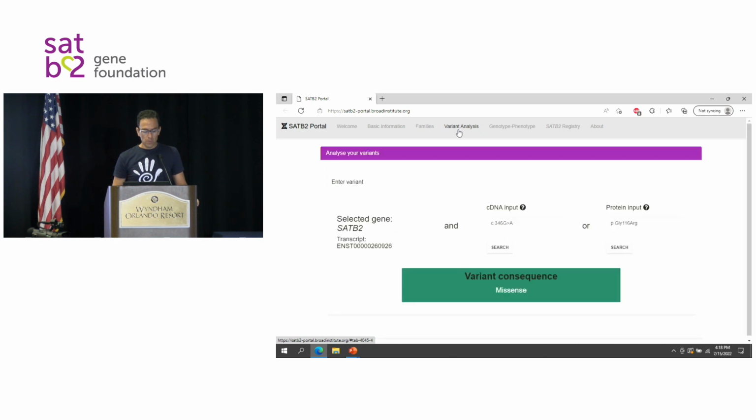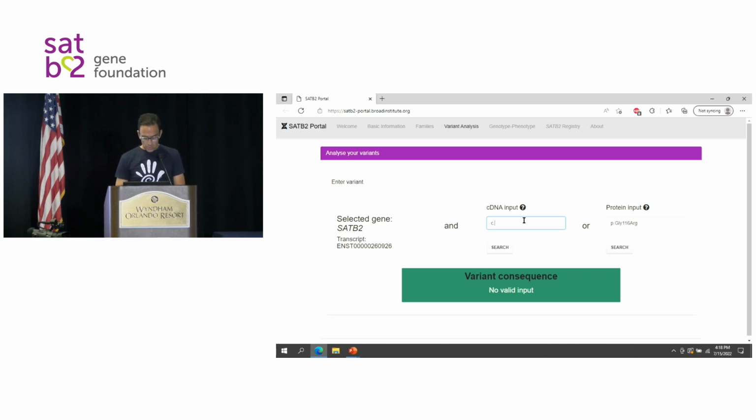So next, if you go under variant analysis, this is one of the new things. So I'm going to actually test it. I was just talking to some of you about how to interpret each variant and whatnot. If you have your genetic testing results, if you remember, there's a C dot and a P dot that will tell you where the mutation is, assuming that it's not a deletion, which is when you're missing the whole gene.